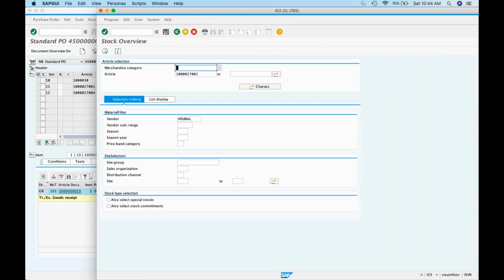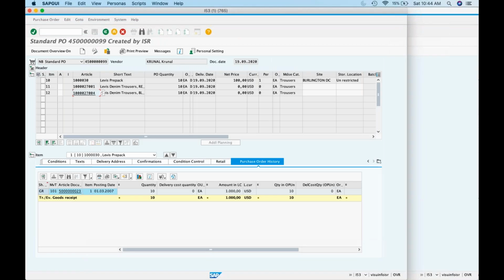Okay. So there is a small tweak in this which I will teach you tomorrow. The configuration with playing around stocks, how you want to display or put the stock at the component level or at the header level, that we will see tomorrow. And after that, we will see the stock transport orders. So with that, P2P will be completed.